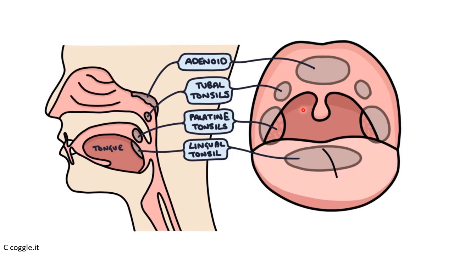You have here the palatine tonsils, and this is what we usually see as enlarged and inflamed in patients who have palatine tonsillitis. Okay, and then posterior to the tongue would be the lingual tonsil, and then tonsils